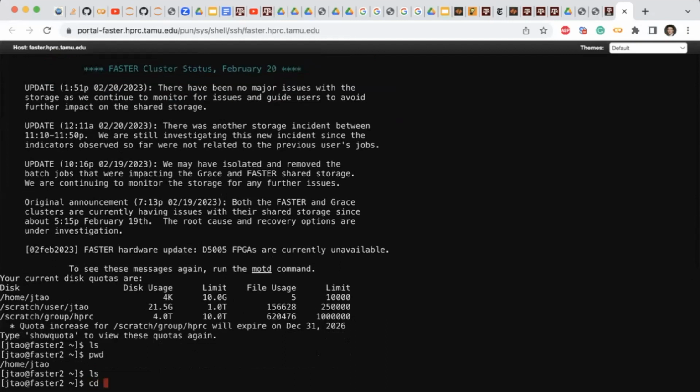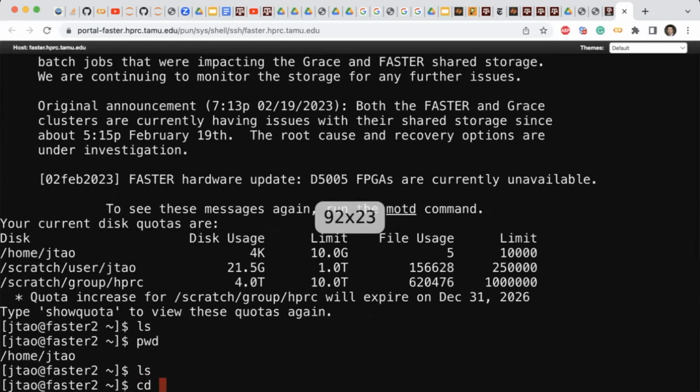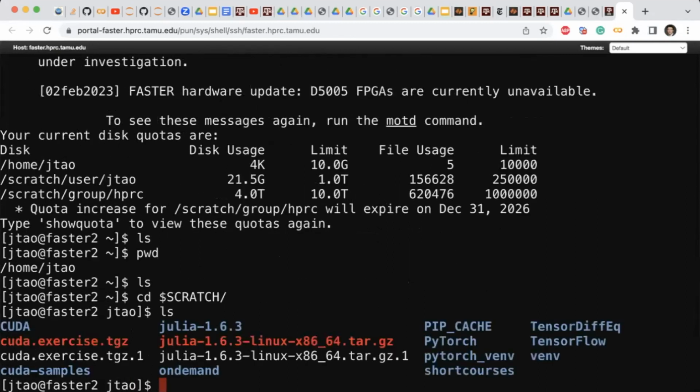So based on what I showed you all previously, you can see, right? You can use a tab to finish, to autocomplete. So you can type in $, dollar symbol, and SCR, and use the tab. It will move you to your screen space. So I already have my files here. Let me remove them so that I can